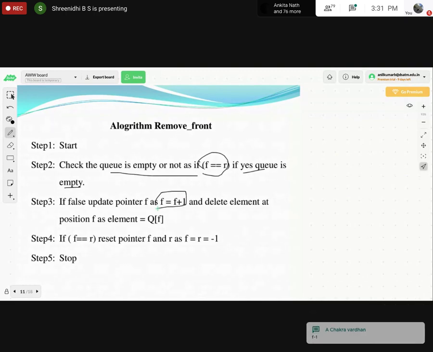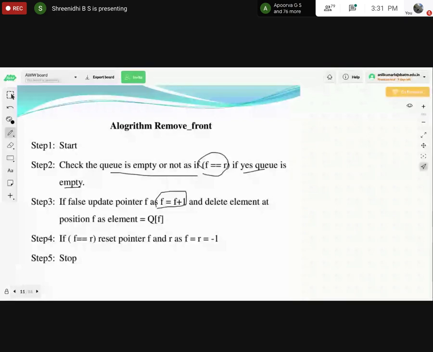Here, F plus 1. Every condition remains the same, so you should be smart enough. If you learn one algorithm, we just need to change the signatures in each and every algorithm based on the conditional criteria given. The conditional criteria given is removing from the front end.